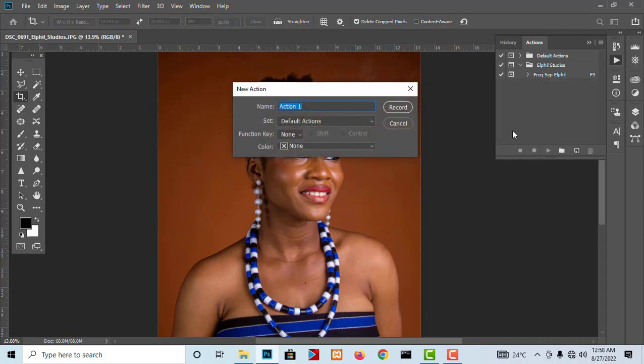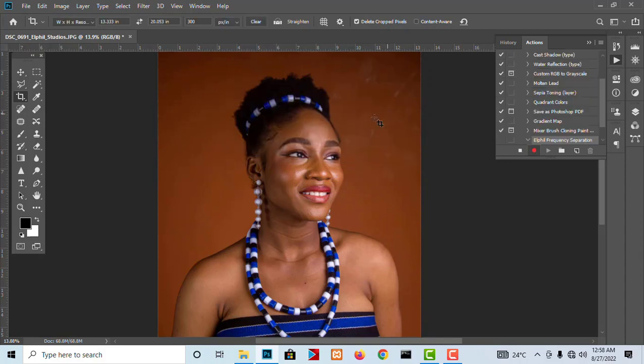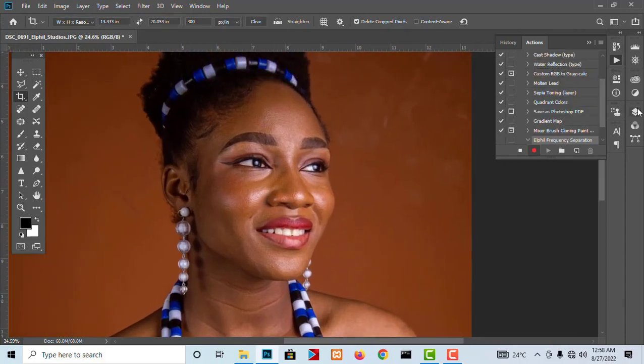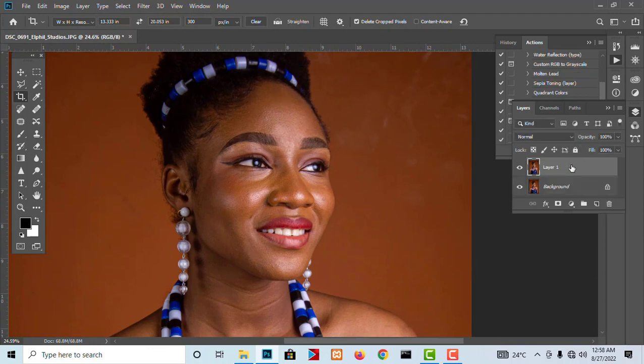So we'll call it Fill frequency separation. Alright, so that's our frequency separation. We start recording. Okay, the very first thing we want to do is to come to layers and duplicate our